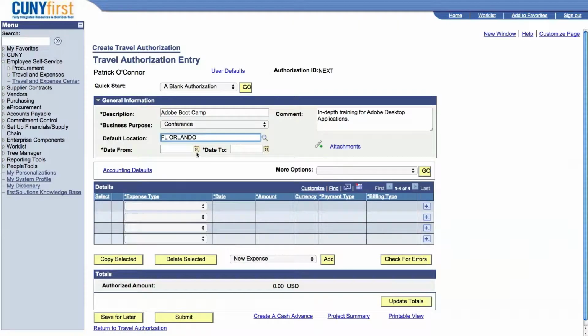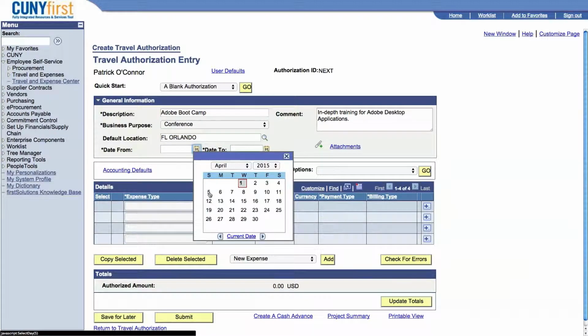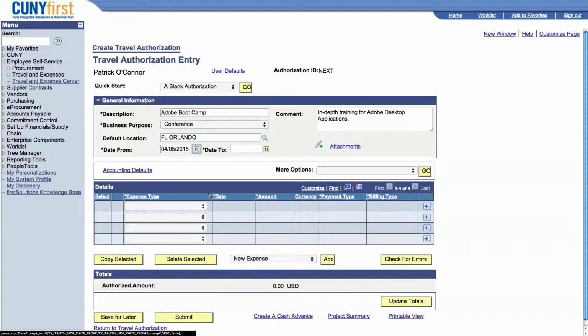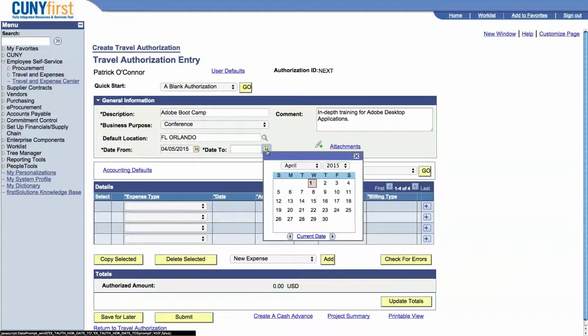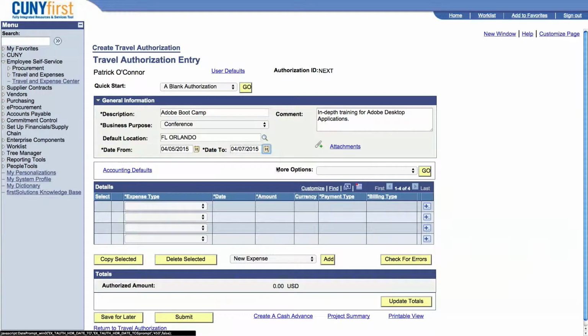For the date from, enter the departure date by clicking on the calendar icon. Please note that all travel authorizations must be future dated. For the date to, enter the return date by clicking on the calendar icon. Click the Accounting Defaults link to view or adjust the chart field string to be applied to each expense line